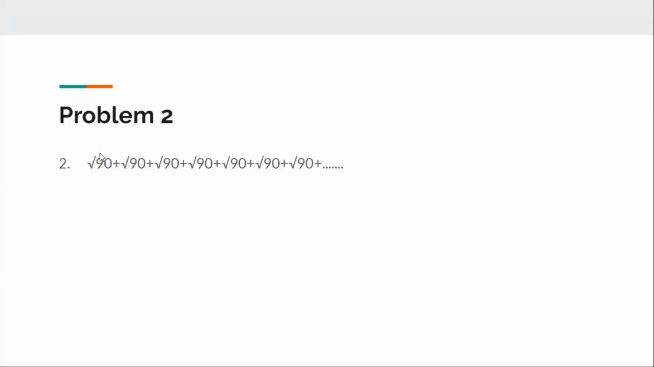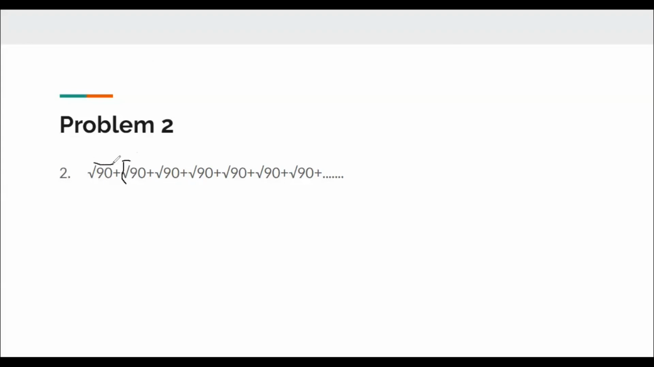Okay, so this one says find the square root of 90 plus the square root of 90 plus the square root of 90, and so on, where each 90 is inside the square root. So it should be kind of like this, and then this extends like this. That's how it's supposed to be. So it's like the square root of 90 plus the square root of 90 inside, like that. So what you do is